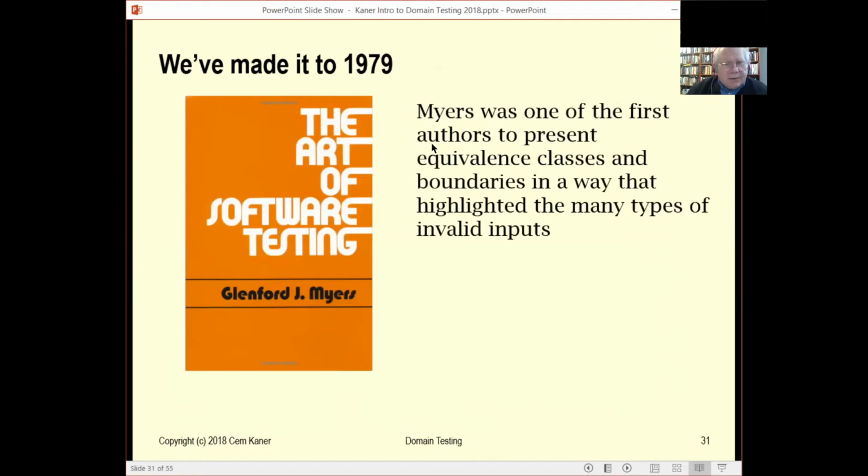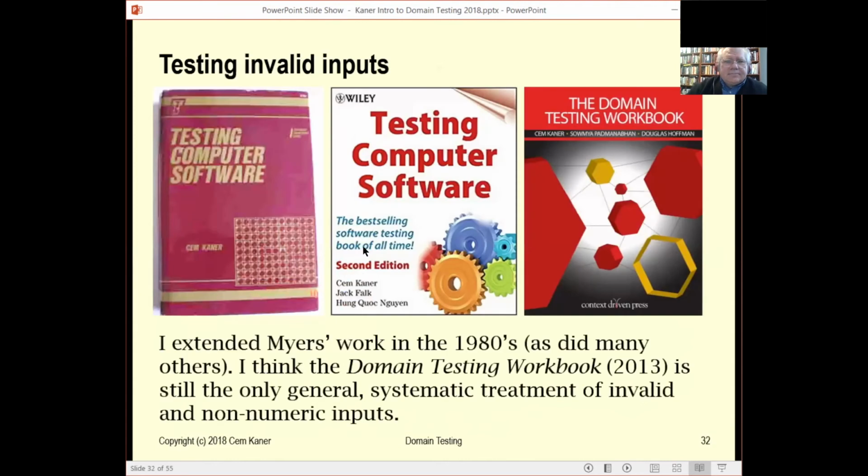In 1979, Glenford Myers published his famous book that explained how to do input validation checking using boundary class and equivalence class analysis. It was very exciting back then. Many people worked with Myers' work and extended it after that. I took my hand at it, but it wasn't until 2010,